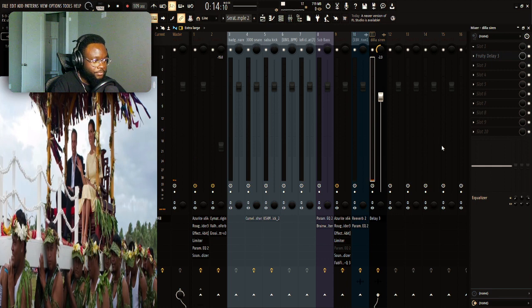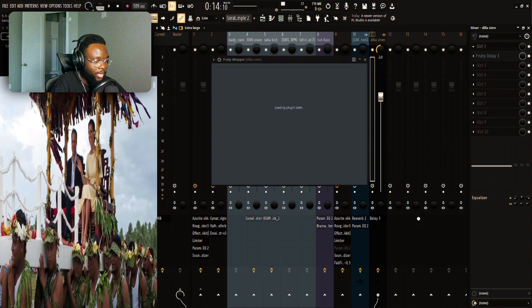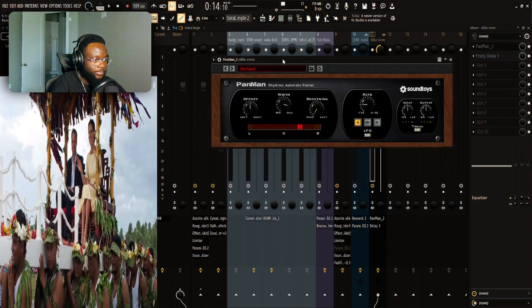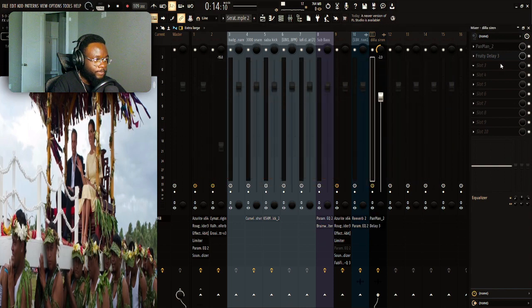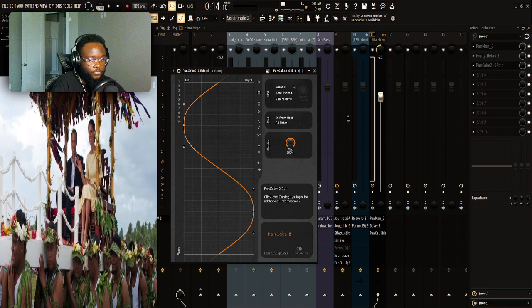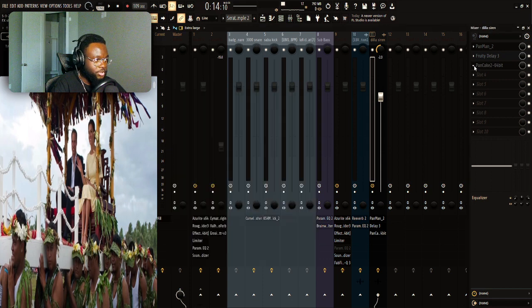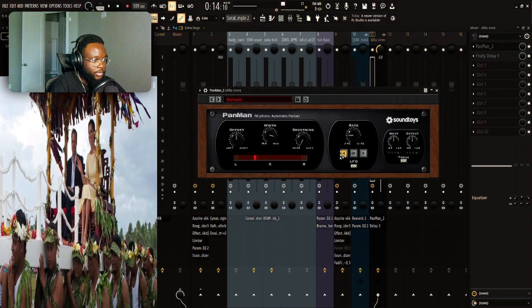Now I'm using certain plugins that you could use or buy. Like Sound Toys you have to buy, but there is Pancake, which is free. You can use Pancake, but pretty much it just pans the audio to the left ear to the right ear. So I'm gonna use PanMan because I like it more. And so what it's gonna do,